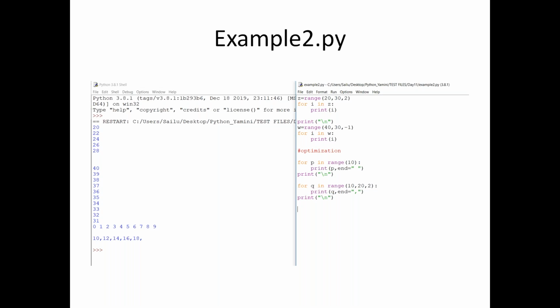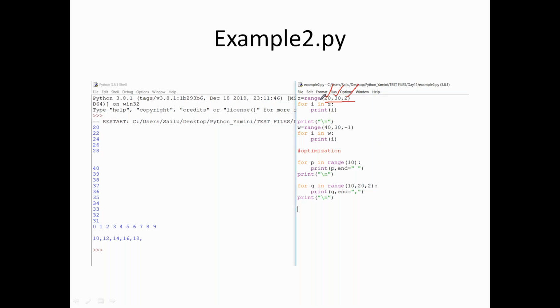Now suppose my number has to start with some number, maybe 20, and my ending number is 30, and I don't want to display all 10 numbers. I want to display alternate numbers. Then you can give the increment number. So you can see here, in the range, my starting number is 20, my ending number is 30, and the increment is 2.